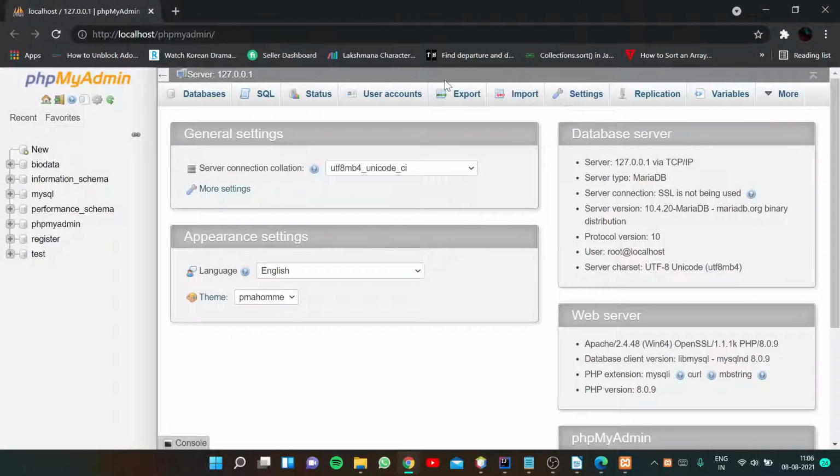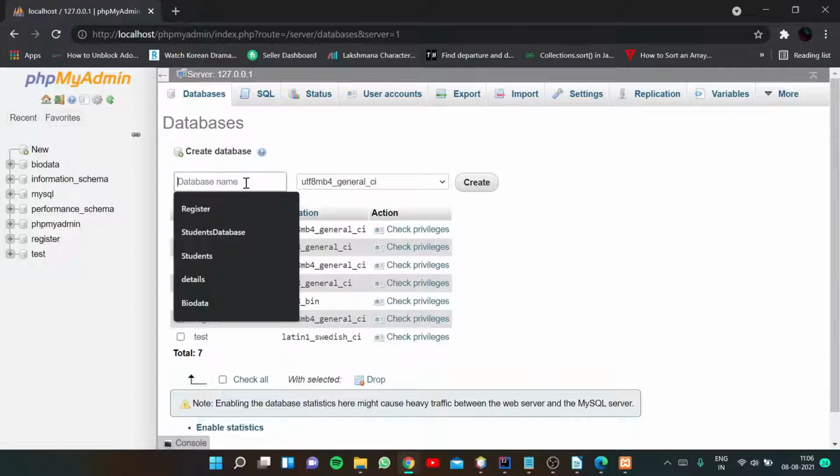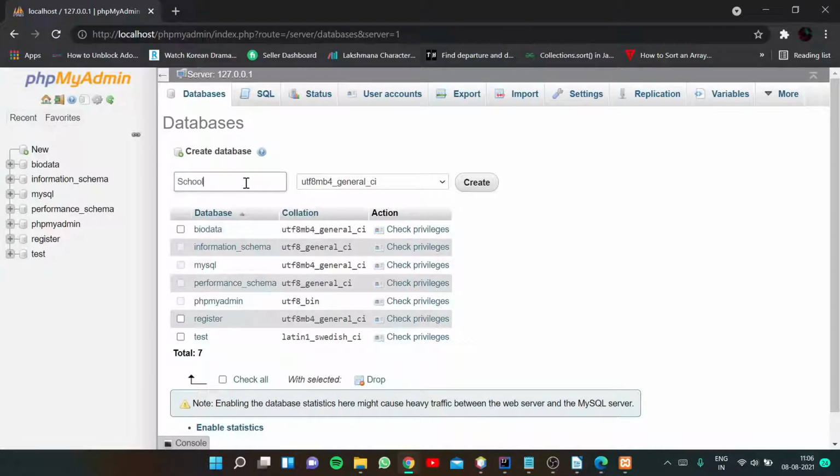This is our database, just a tool. This is actually a particular tool of MySQL which we can use. This is where we are going to store the data and retrieve the data from, everything. So we are going to create a new database. For that, click this New and write the database name. I'm just giving school. The database name is school.